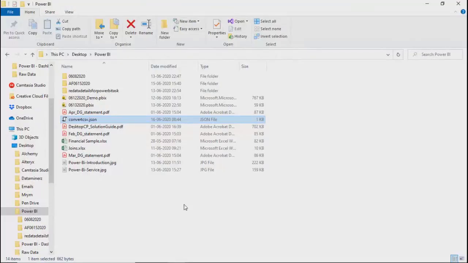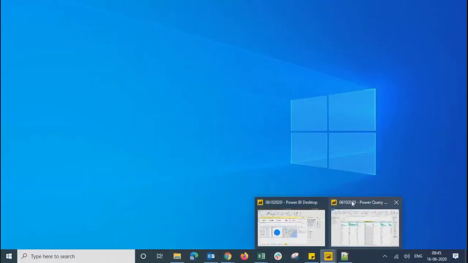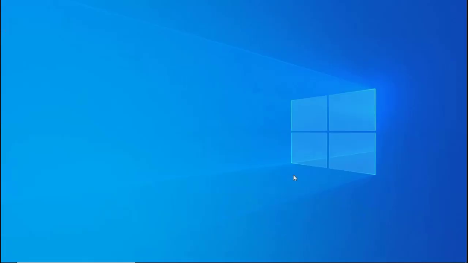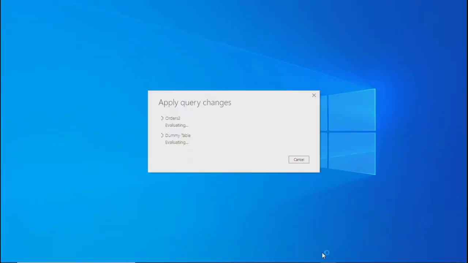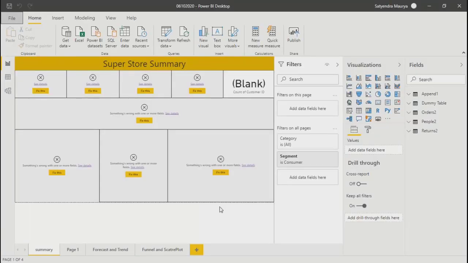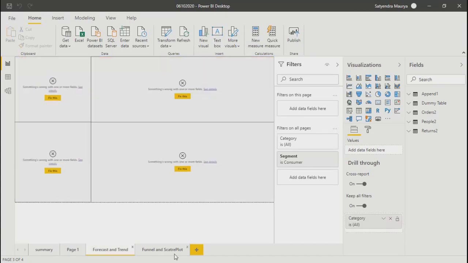I'll go ahead and use this file in Power BI now. Let's see whether Power BI is able to read it or not. We'll go to Home and close and apply. Sometimes you get data wherein a particular field will be in JSON format while all other data is tabular. The options we went through can be used to convert that particular field into tabular format. See, all the changes we have made mean my visualizations are not working.